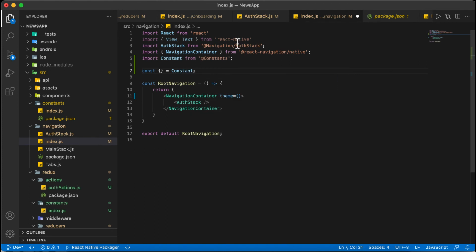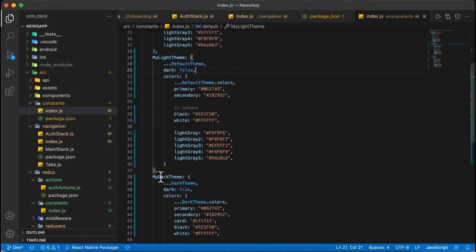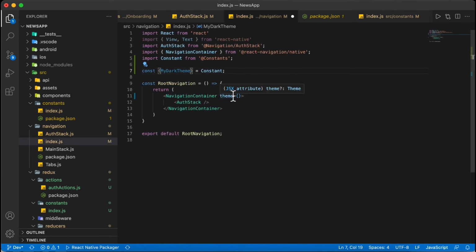Let's take the dark theme first. Later we will update an action like we did in onboarding. We will do that for the theming purpose. There will be one variable, isDarkModeEnable.